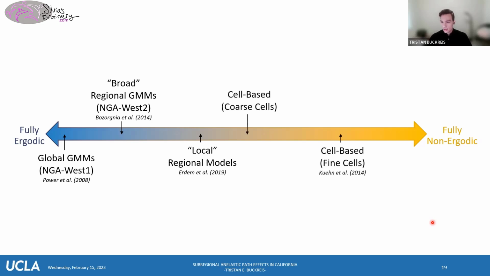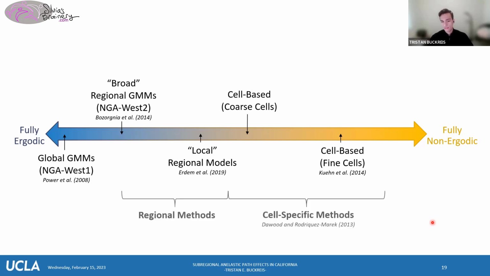To our left, closer to the fully non-ergodic, we have our cell-based methods. And this is where the level of your cells can get into it. If you have a coarse cell, essentially it's still pretty much a local model. If you have a really fine cell, now you're getting more non-ergodic, but there are some physical limitations of the model. From this, we can see that there's kind of a range of typical path models that are being